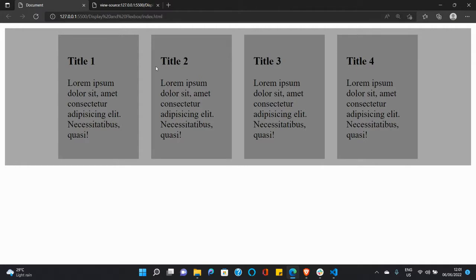So that's what the center value under the justify content property does. So you probably guess what the flex end would do. It would obviously take this to the end of the container, which is on the right side of the screen. So if we apply that to